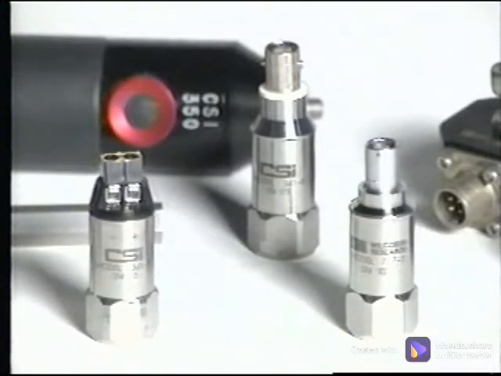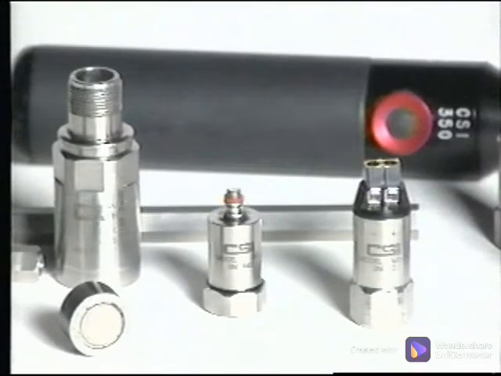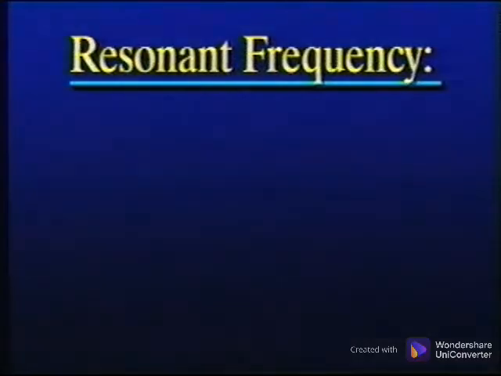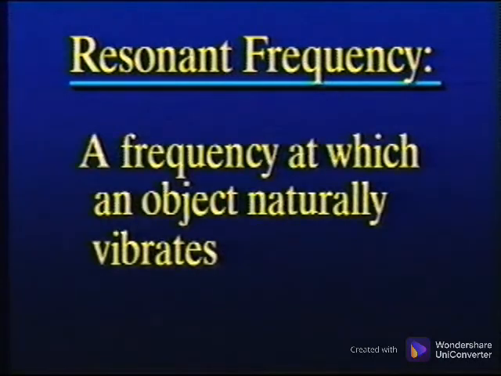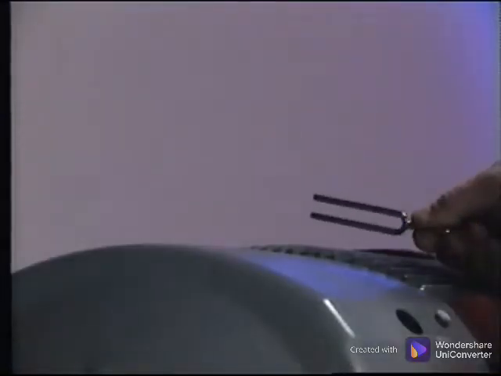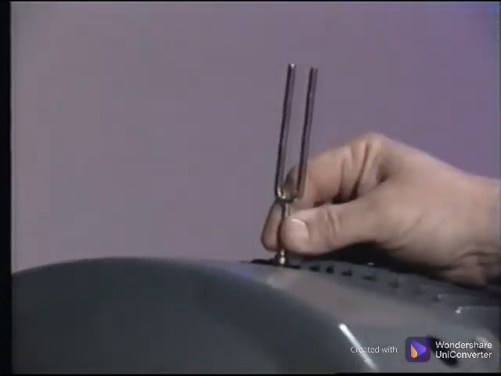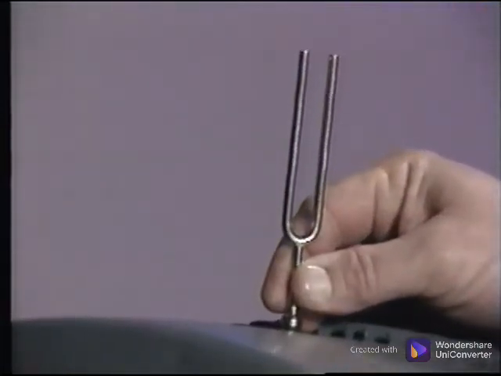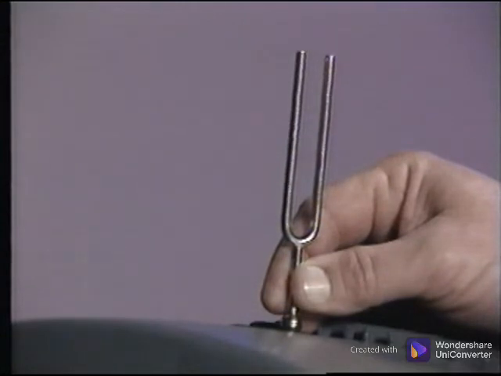Although a sensor is designed to perform well within its stated frequency ranges, there are resonant frequencies unique to the method of mounting the sensor that greatly affects its linear response range. A resonant frequency is a frequency that an object likes to vibrate at. Every object has at least one resonant frequency. When this tuning fork is struck, it will vibrate at a frequency that is dictated by its design. 3 design factors affect